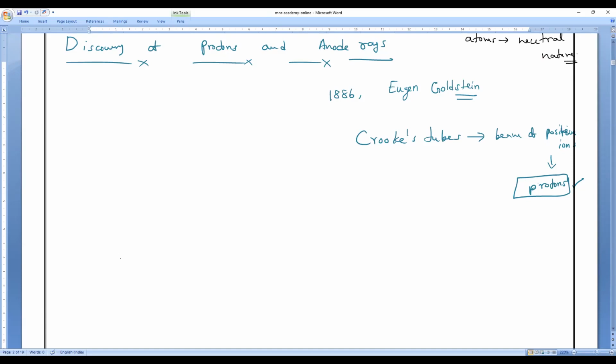Next, keep reading. How and why are the cathode and anode rays produced? So basically this also will pass under what? Low pressure or high pressure of gas? We all know, everybody. Low pressure. Under the low pressure only gas